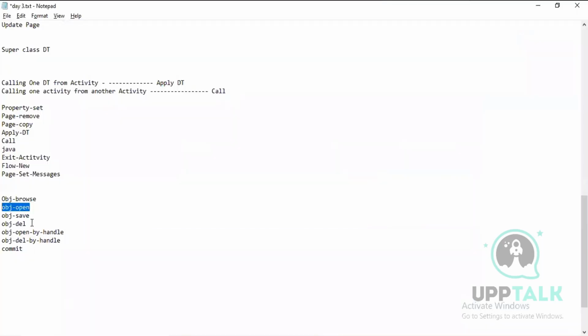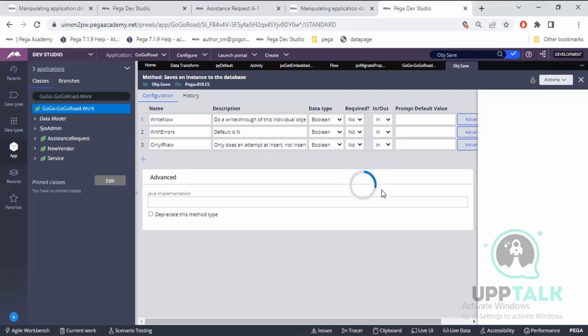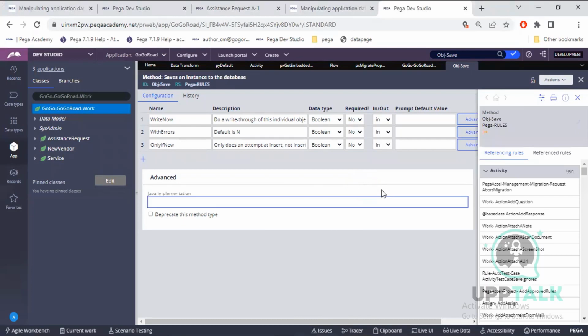OBJ browse, OBJ save, and we have OBJ delete. If you want to delete any particular record in a database, then also first you have to open it. Whatever modification you are doing, you have to open it. After opening only you have to do the modifications. Let me open